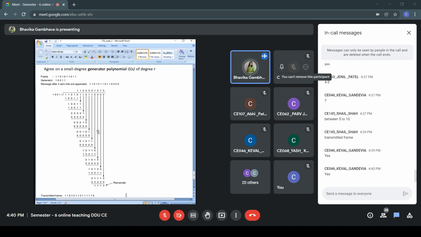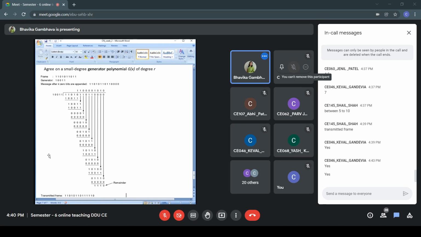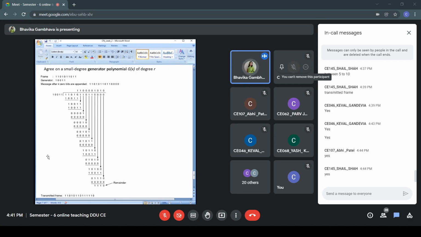Have you already started? So if Keval is the only one who is going to work, then we can ask him to share his screen and others can, yes, okay, others are also fine. So I'll not disturb you anymore. Please continue working, all of you. And if you have any doubt in the algorithm, please let me know.